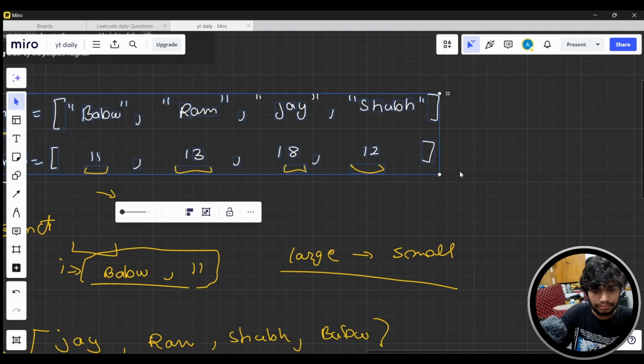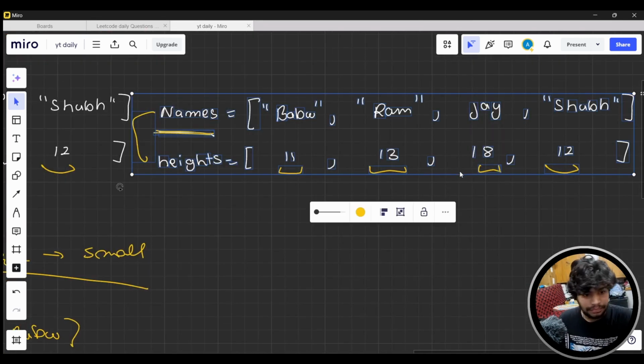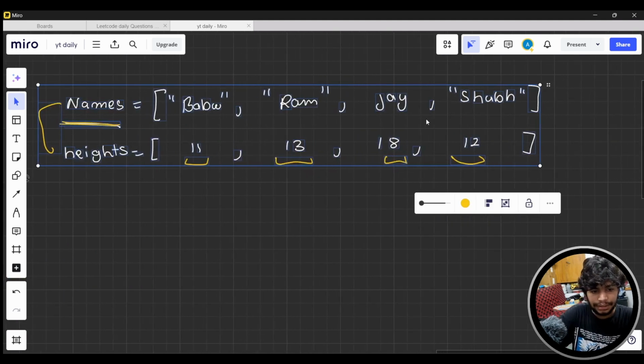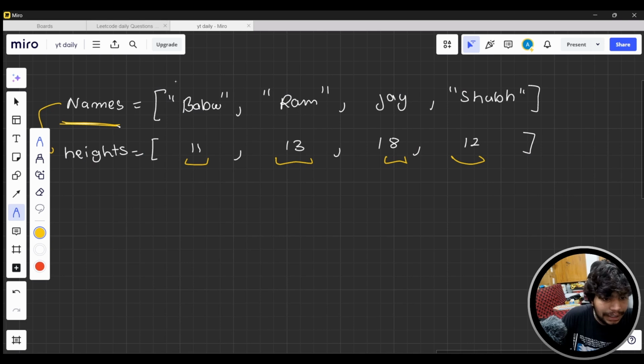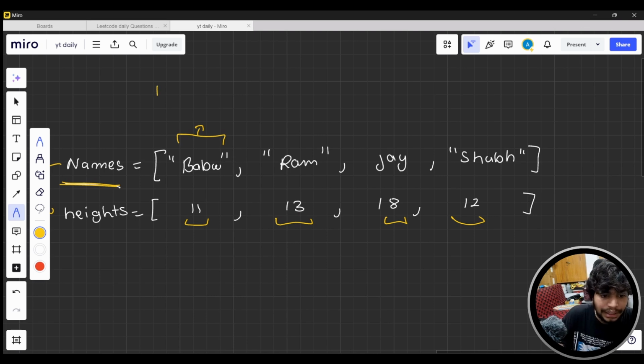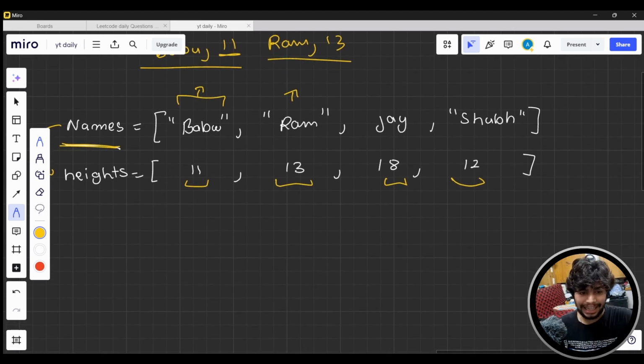What I am seeing here is that for every index there will be a person with a name, like Babu, and with their height. Here I have a name with their height. So the simplest way I can think of is